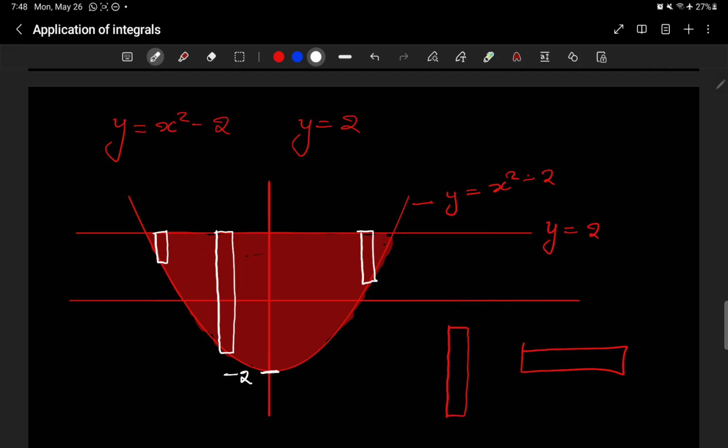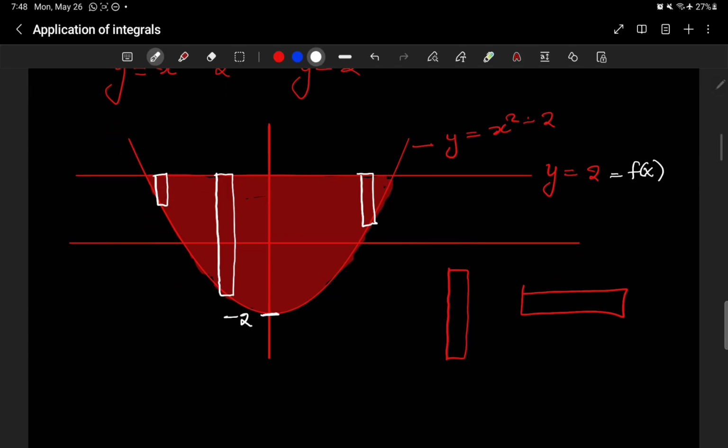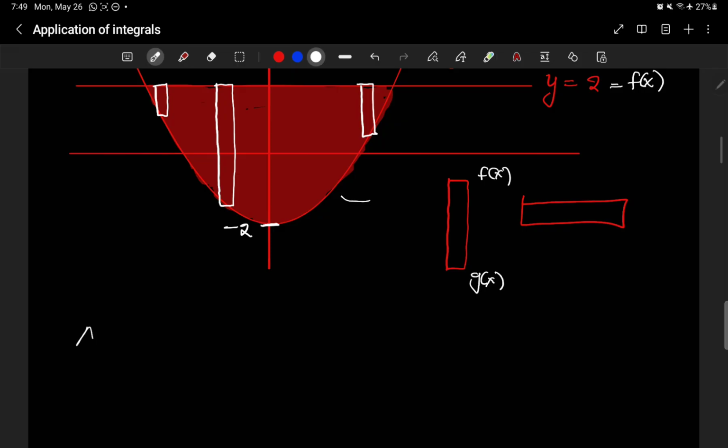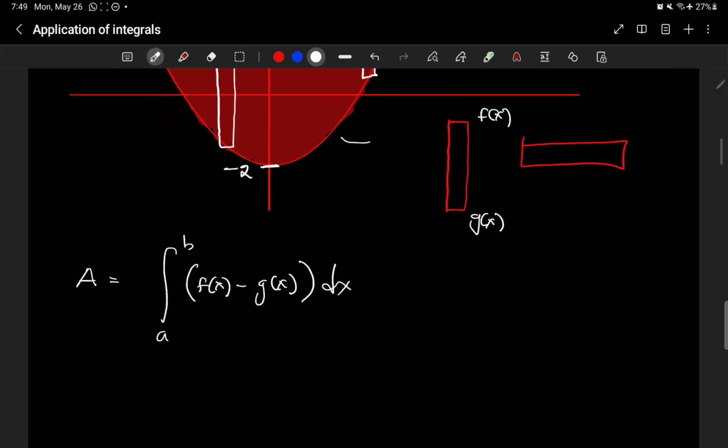And in this case, notice that if my upper part, which is my straight line, is taken as my f of x, and my lower boundary, which is this graph, is taken as my g of x. So I have f of x on top and g of x down. So that when I want to get the area, I'll have the integral from a to b, f of x, the upper boundary minus the lower boundary, dx. So what is our upper boundary? y is equal to 2. So